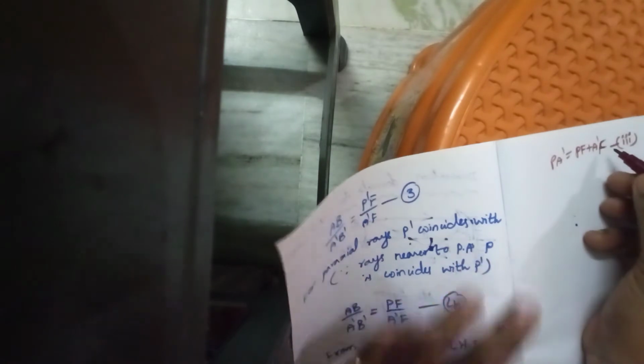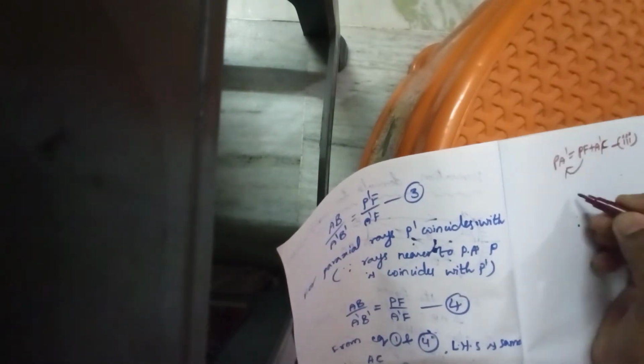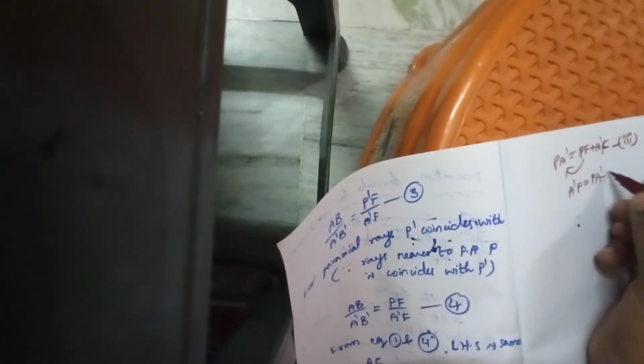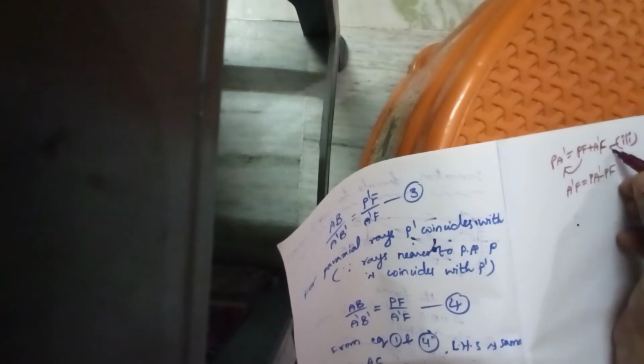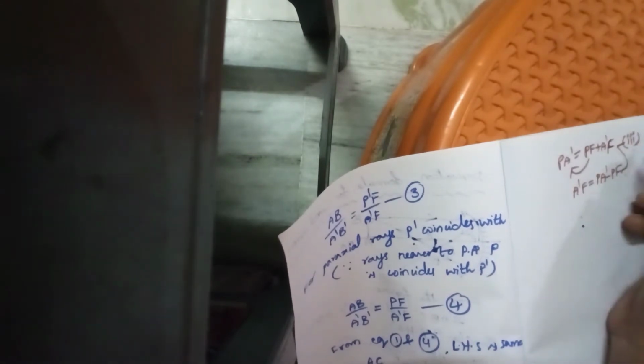A dash F we need to find. So transpose PF to the left hand side. A dash F is equal to PA dash minus PF. This is equation number 3. So put this one as equation number 3. So substitute